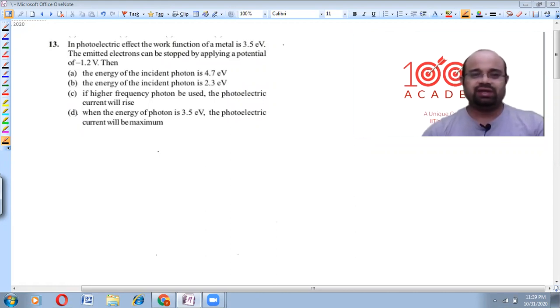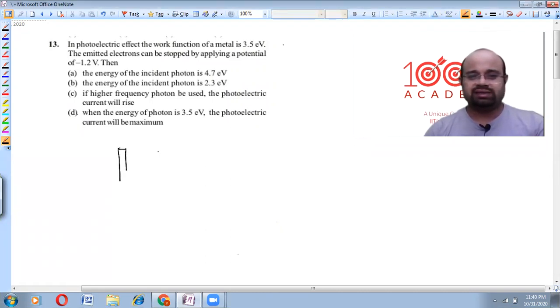Right, so let's begin with this first question. As you can see on the screen, it is related with the photoelectric effect. In the photoelectric effect, the work function of a metal is 3.5 electron volt. Emitted electrons can be stopped by applying a potential of minus 1.2 volt. So, with the help of Einstein's photoelectric equation,